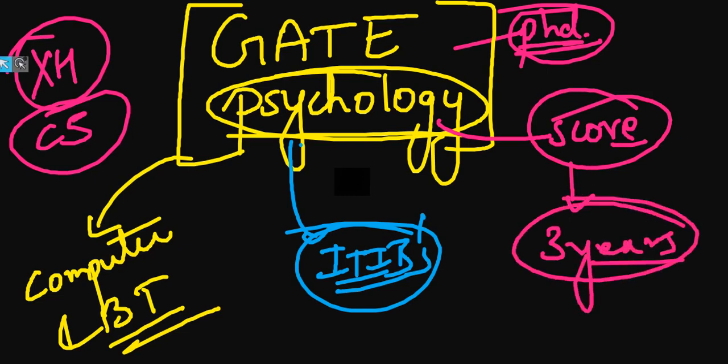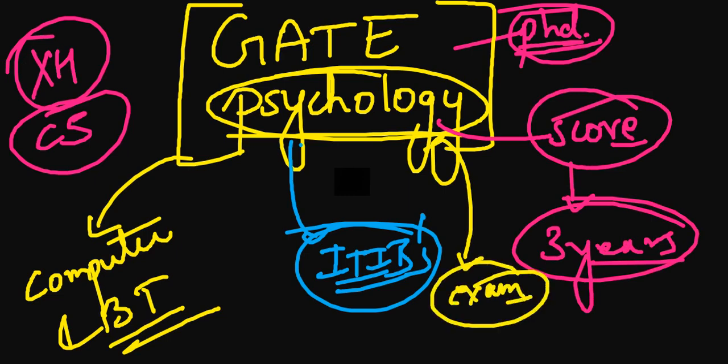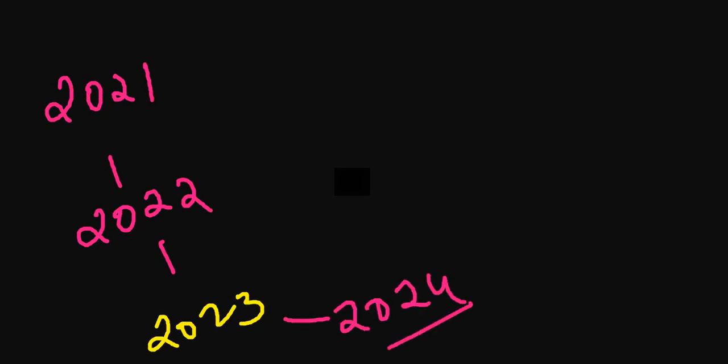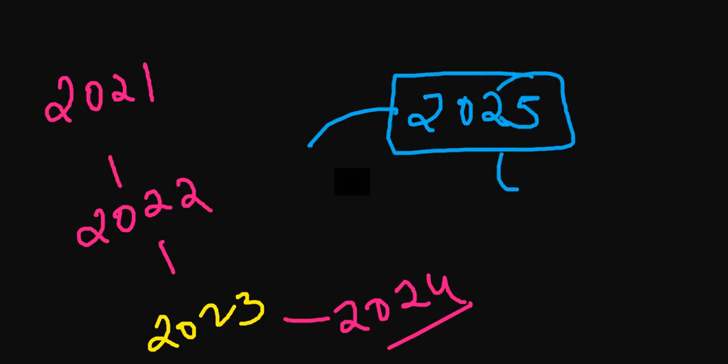And when are the exam dates? The exam dates are in the month of February, the first and second Saturdays and Sundays. Most probably they have been conducting the examination for the past 4 years. They started in 2021 from Mumbai, then 2022, 2023, and 2024. So four have already happened, and now this will be the fifth time that GATE psychology, XH-C5, is happening. Now we have somewhat of an idea.